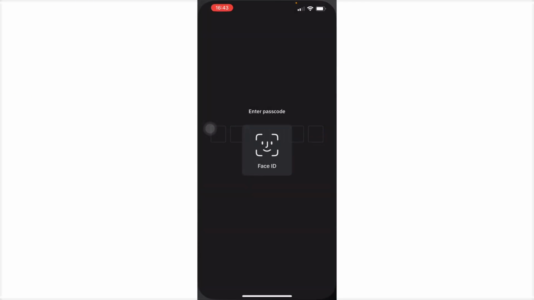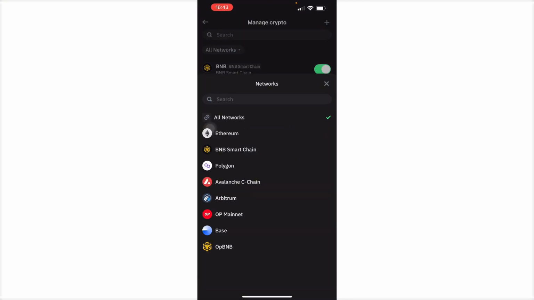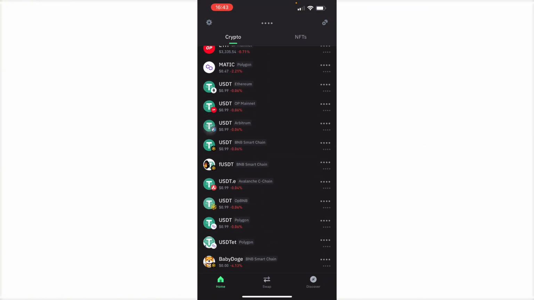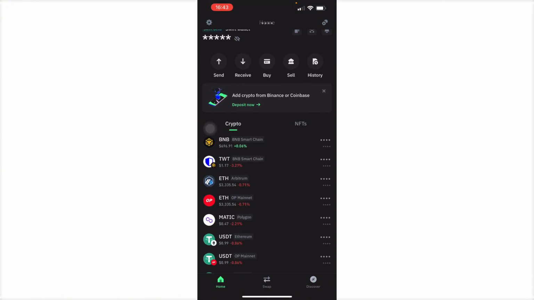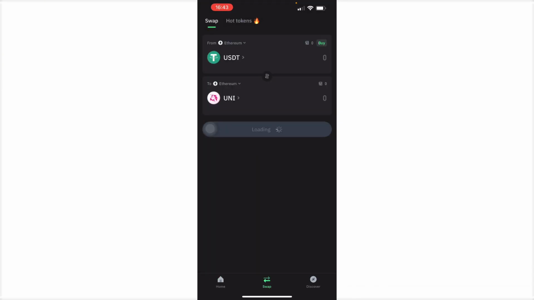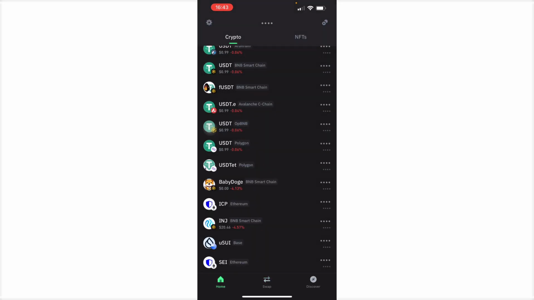Next is your Trust Wallet right here. Let's go back. As you can see, most people use their actual Trust Wallet for Ethereum and BNB transactions too. But personally, I would prefer MetaMask over Trust Wallet just because of the UI and how it works, and the managing of crypto is easier right here. For me, Trust Wallet is kind of confusing, even though I've been in the space for a long time, rather than using just a complicated looking